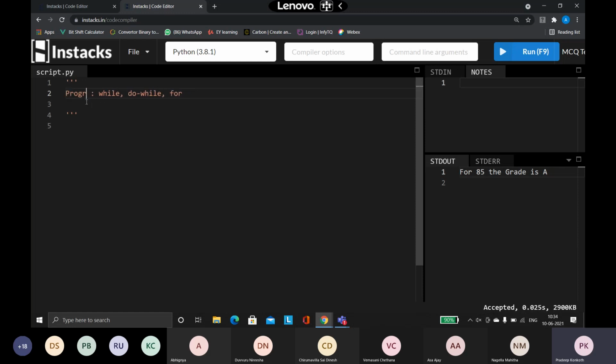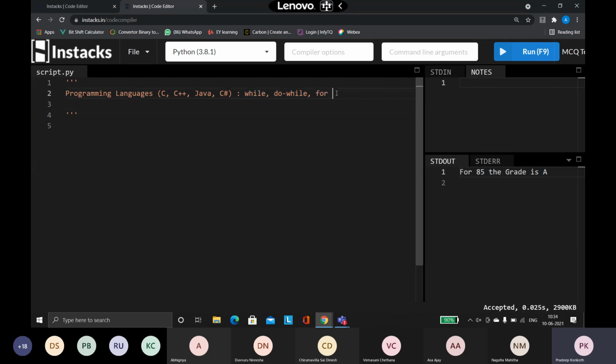You can check programming languages like C, C++, Java, and C#, which is a .NET programming language. When we take all these programming languages, the loops are classified into three types: a while loop, a do while loop, and a for loop.